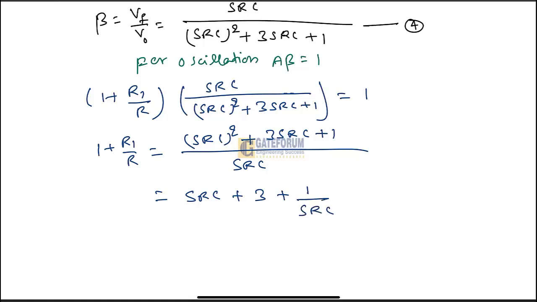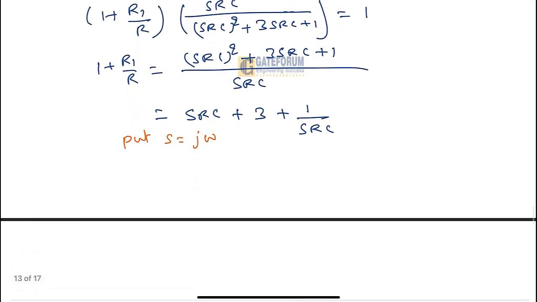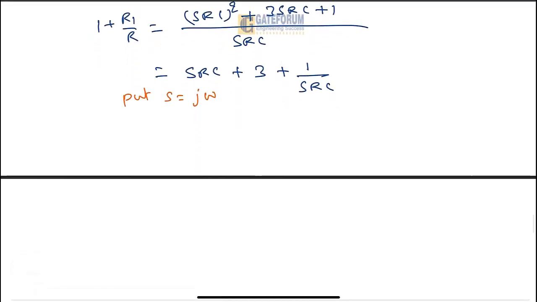Now we have to substitute S is equal to J omega. Put S is equal to J omega in the above equation. Then we will get